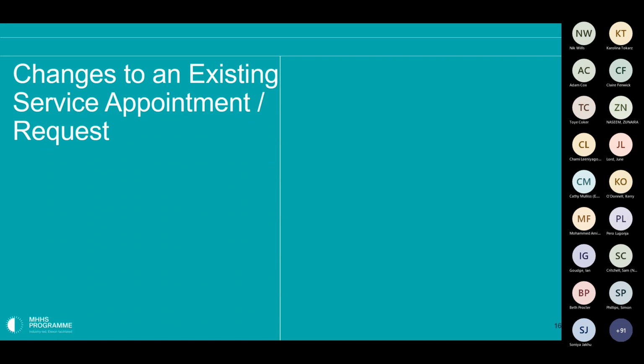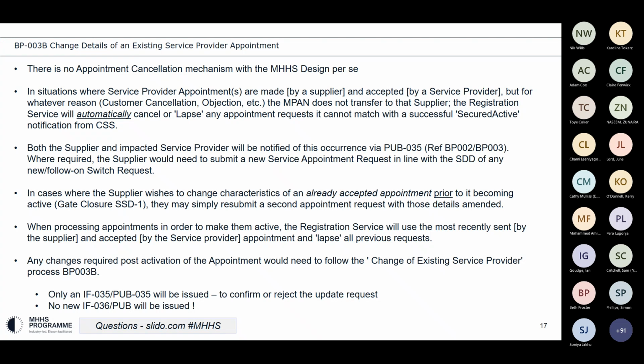So I think if I can quickly cover changes to existing service appointments and requests, and then it might be opportune to take a very quick 5-minute breather. Within the MHHS design, there's no appointment cancellation mechanism per se. So in situations where I wanted to change a proposed appointment, either the date or some facet of the appointment, where that had already been accepted